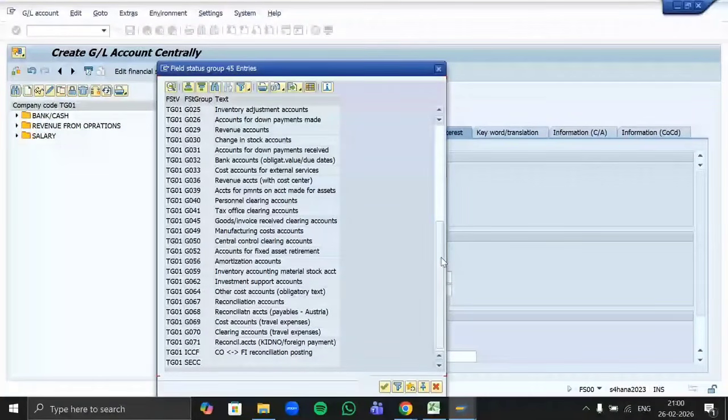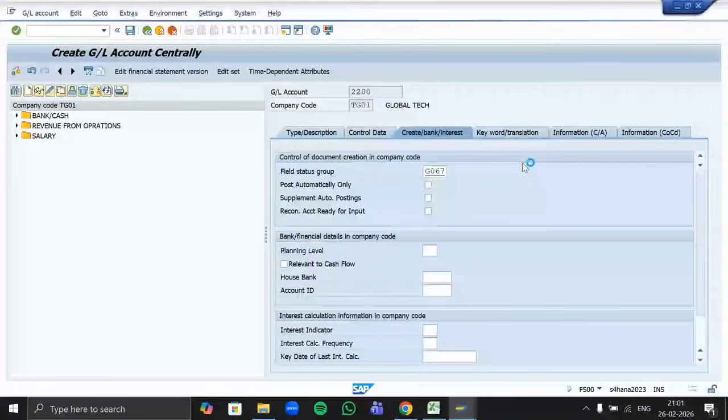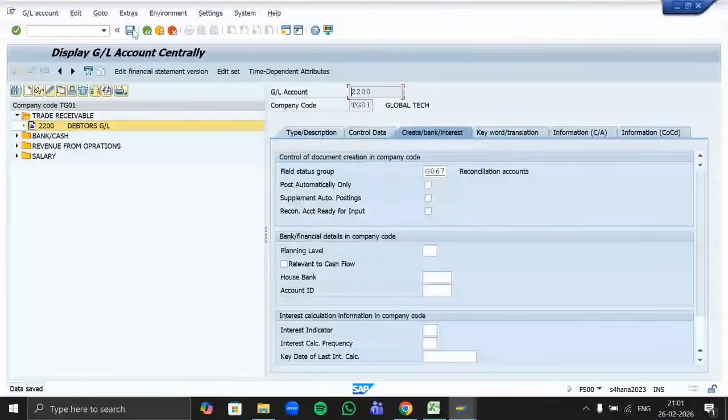Reconciliation accounts, ma'am, maybe G067. Yes, exactly. Whenever you create any reconciliation GL, whether it's for vendors, customers, or assets, a reconciliation GL will be assigned the field status group G067 only. And save this. So here our debtors GL is created under trade receivable.